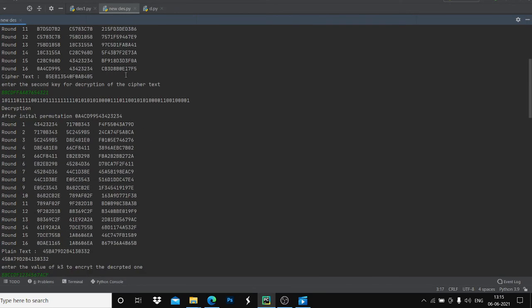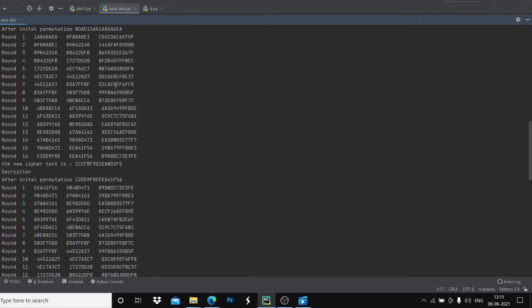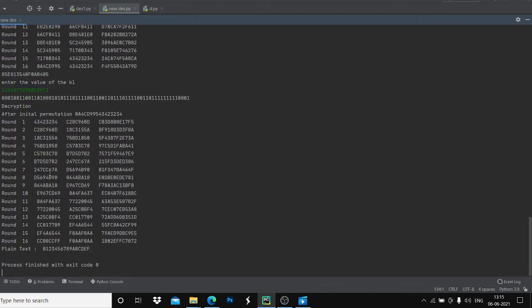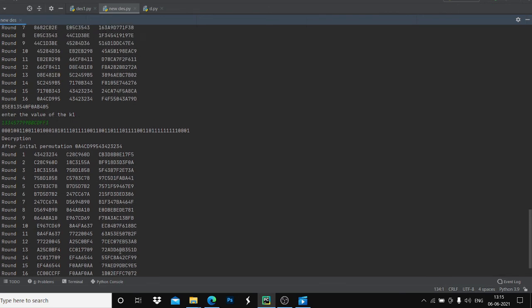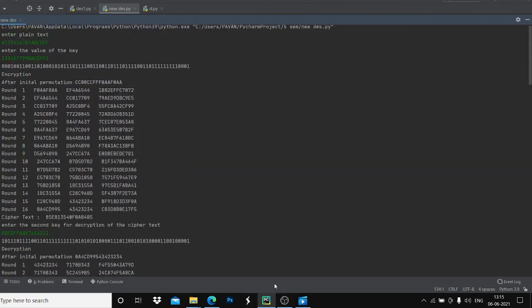Now as we saw, we entered a plain text from 0123 up to F. After entering this, it got encrypted 3 times and we got a new ciphertext as 1CCFB. And we are decrypting it 3 times and at last finally we got 0123. So Triple DES means we are running the DES algorithm 3 times, and we got a ciphertext and the decryption is also done. So this is how the code works. Thank you, sir.